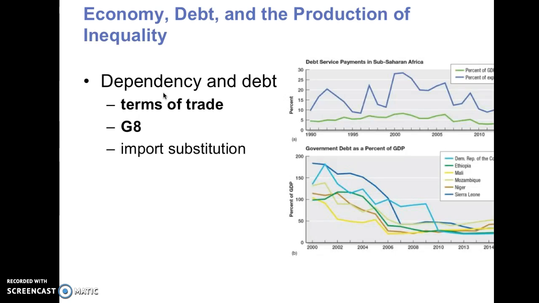And the problem with primary goods is it's not easy to increase production. There's not a lot of efficiencies in order to be able to produce extra goods. Now, some countries have tried import substitution. We've talked about that in the past. Import substitution is that they put a tariff on imported goods in order to be able to support a localized industry. So maybe there's a local plant that's making these